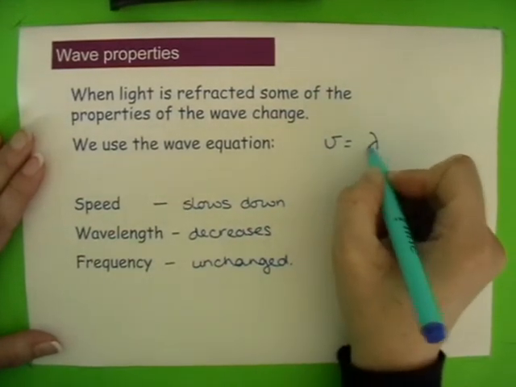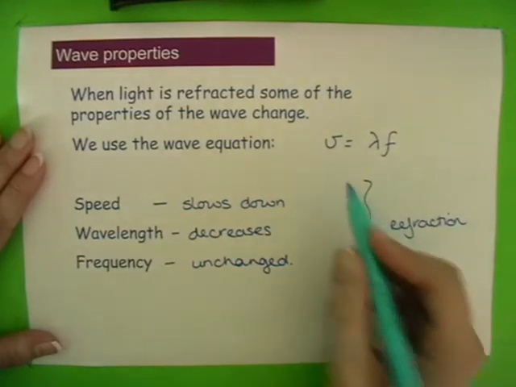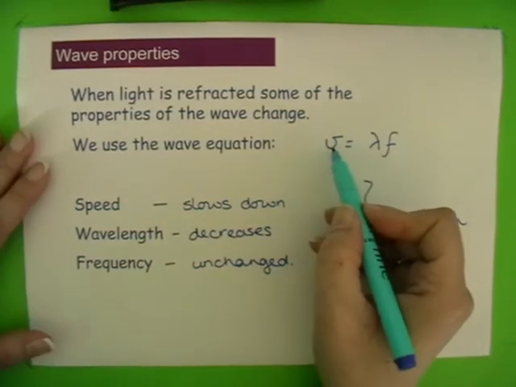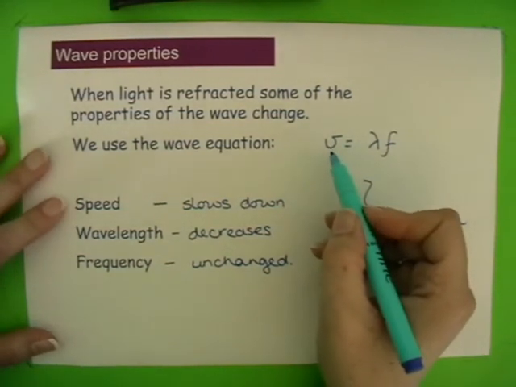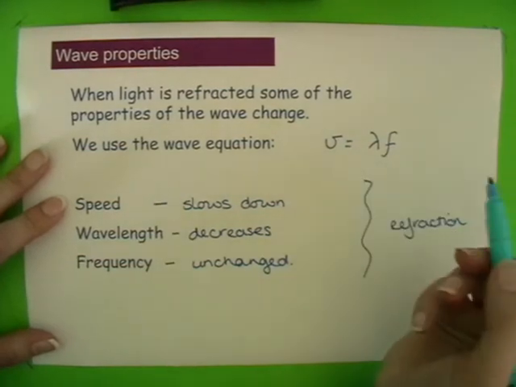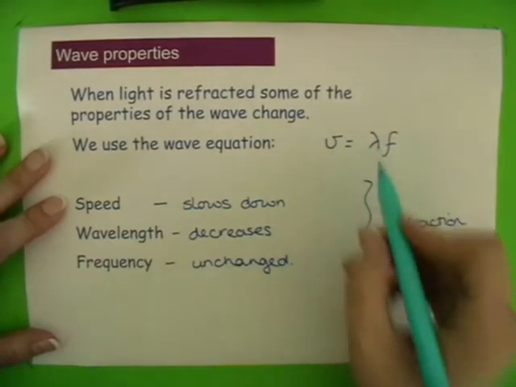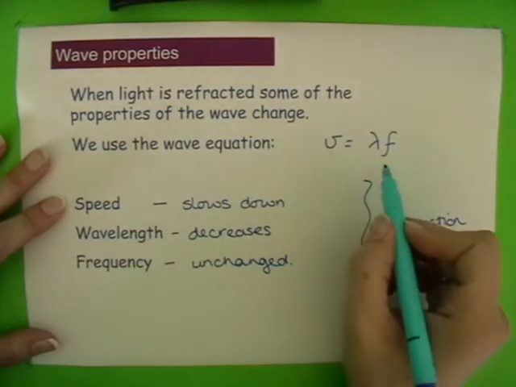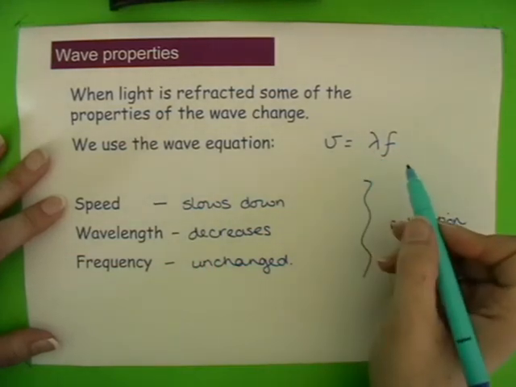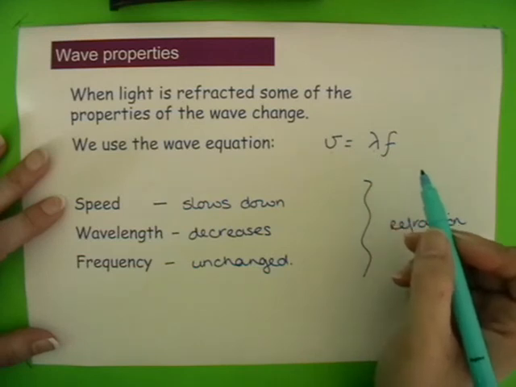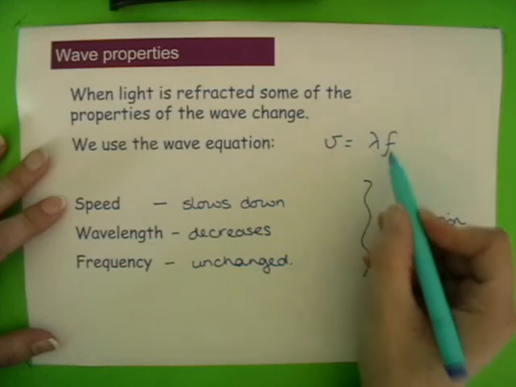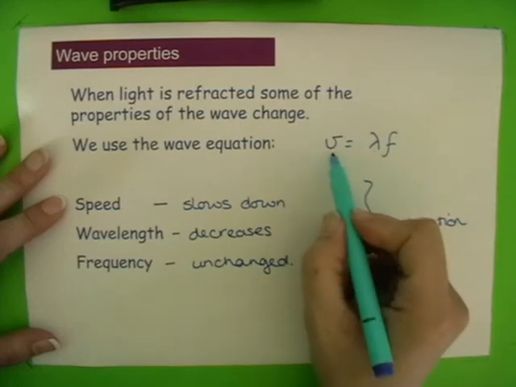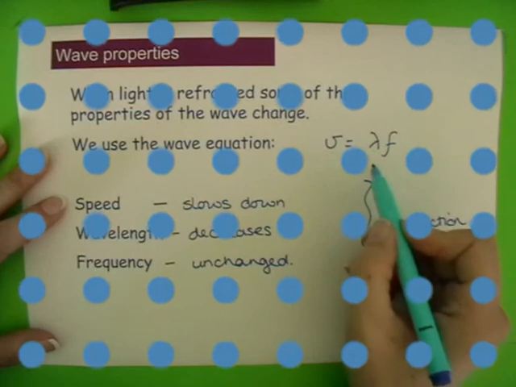v equals lambda f. If the speed is slowing down, as it must do because the medium is more dense, therefore it's more difficult to travel through, it slows down, then the wavelength or the frequency must also change because they're in direct proportion to the speed. The frequency is associated with the source of the light. It hasn't changed, therefore the frequency is constant. So if the speed slows or decreases, then the wavelength